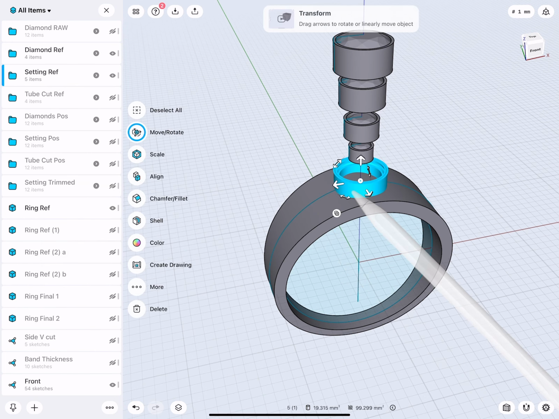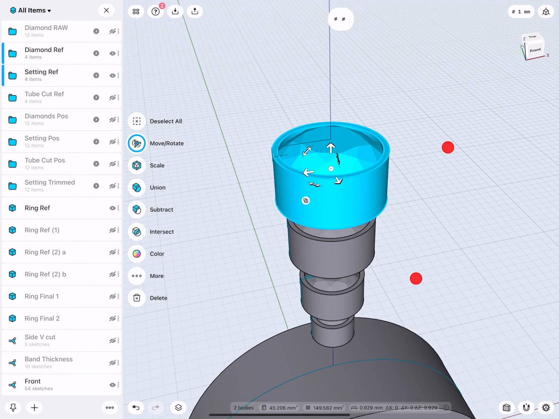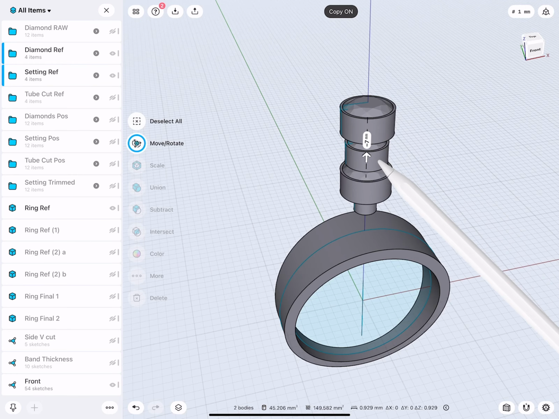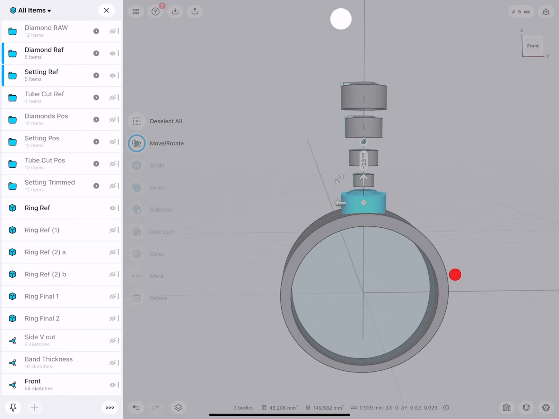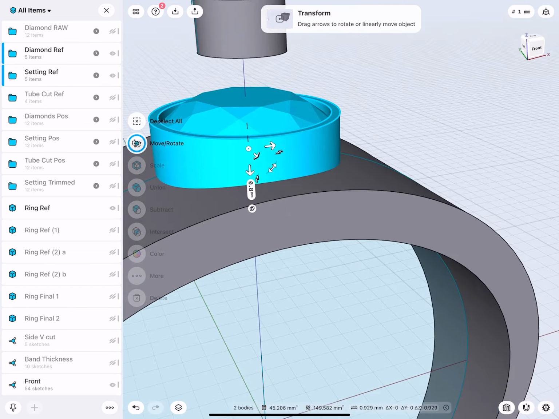We will actually do both at the same time. There, copy, and then move this one down. Make a copy of, move this till it touches the bottom area. Pretty good.